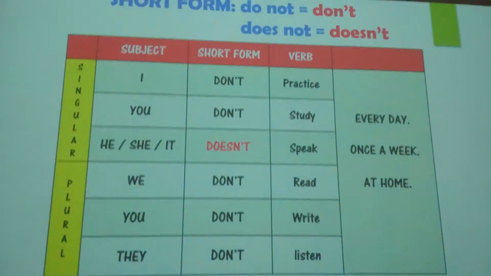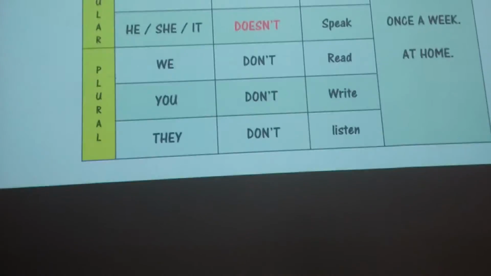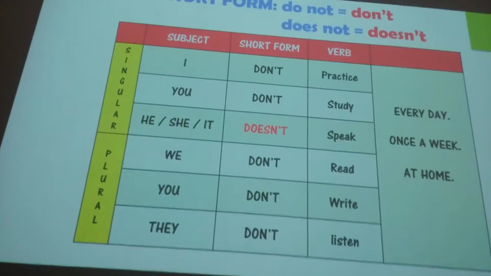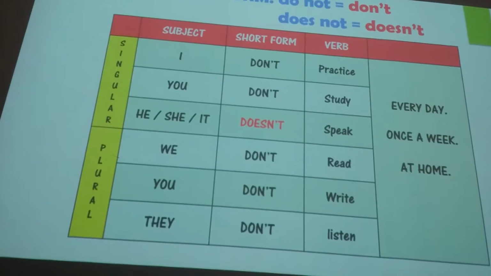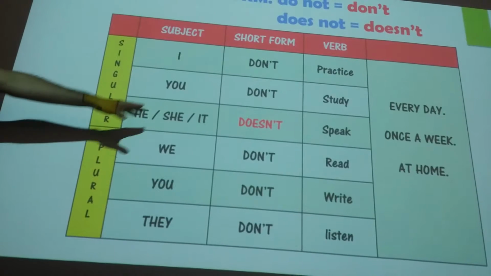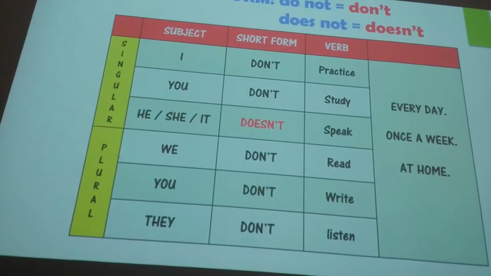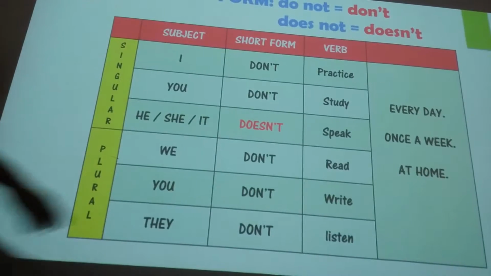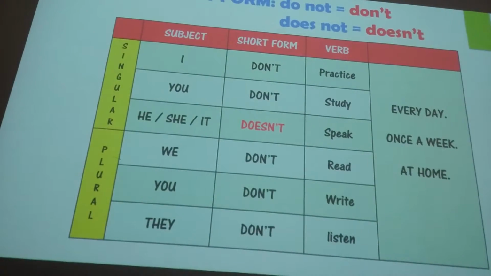If you are making a negative sentence, it's the same structure, but you need to use do not and does not, right? Do not, does not. And don't change the verb, right? Because it's very common that when we are using the auxiliary, sometimes we repeat the rule, and you don't need to repeat the rule, only use it here. Only here, right? I don't practice my English every day.